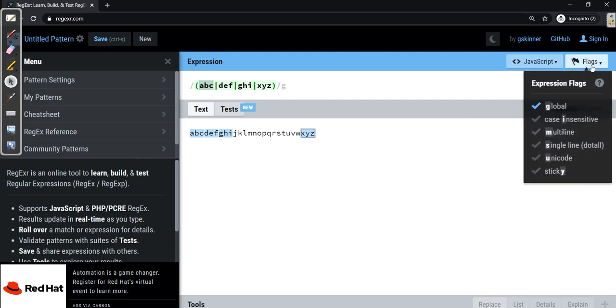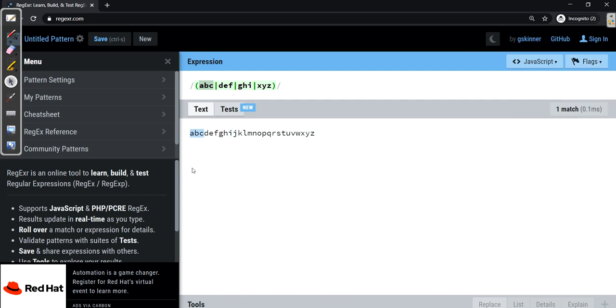So what I'll do, I'll go to flags and remove this global so that it is matching ABC as our first match. Here you will see that it just matches the first one, and that is because it is eager. It does not look for later matches in the string. It returns the first match which it finds over here.